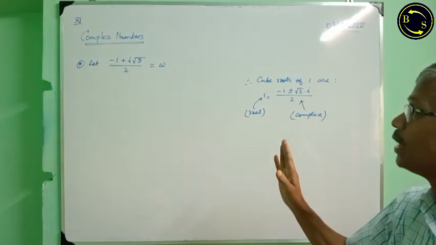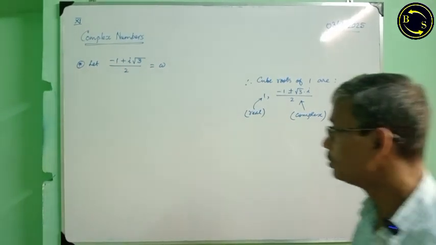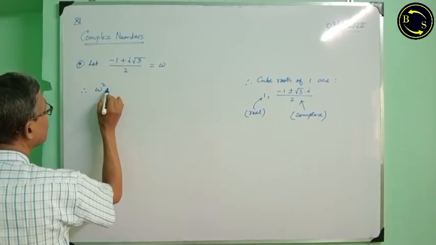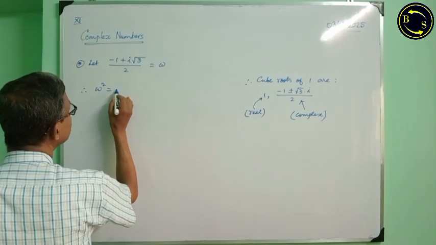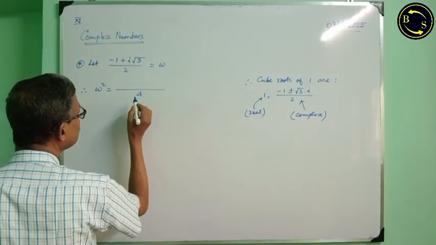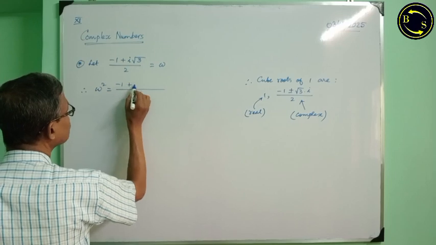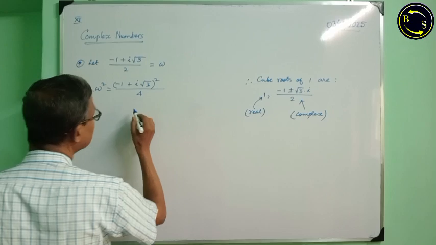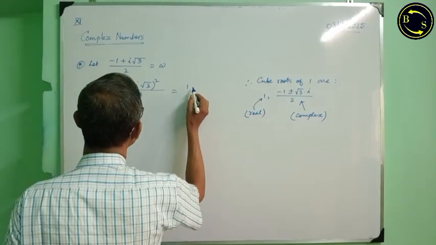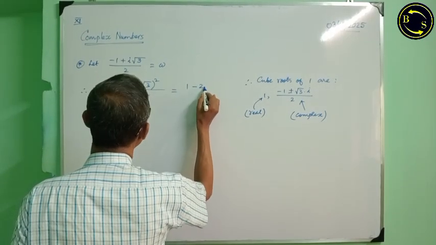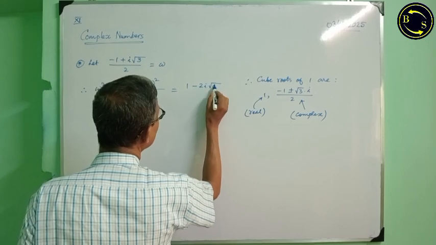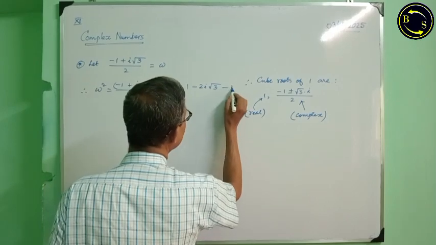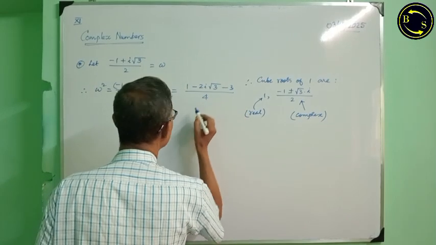Now I square this one. Therefore, omega square is equal to, denominator will be 4, minus 1 plus i root 3 whole square, 1 minus 2 i root 3 minus i root 3 whole square, that will be minus 3 by 4